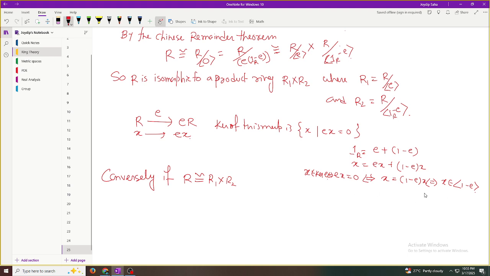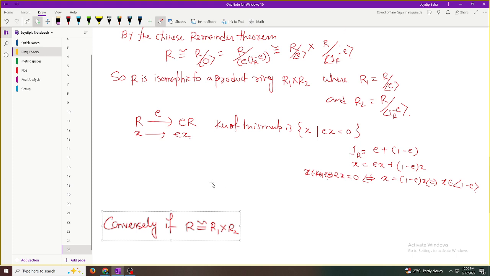So the last line: if x belongs to the 1 minus E generated ideal, then what happened? Just do the computation. Now this part, if x belongs to the 1 minus E generated ideal, then